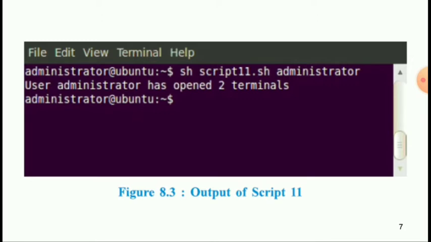So let us try to understand the working of the script. In the first statement, after the comment, we have combined four commands, namely who, cut, grep, and wc using pipe. The who command displays the list of all users that have logged into the system. Its output is then given to the cut command. The cut command extracts the first field from this output.